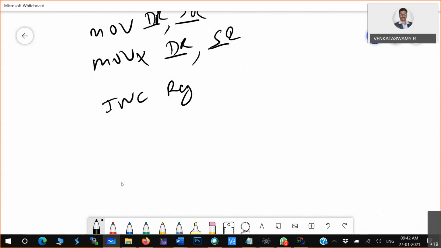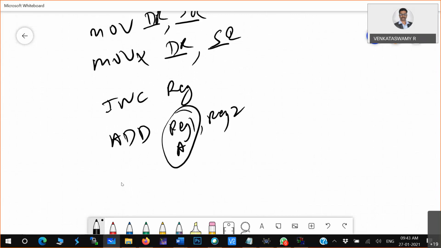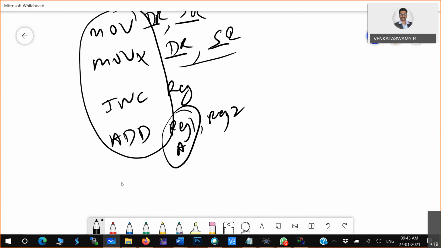And what we did, the ADD instruction, is basically register 1 and register 2. In this, the first register is supposed to be the accumulator. So this is how you have to understand generally. The opcode is common, but the parameter you pass is general registers or any content.